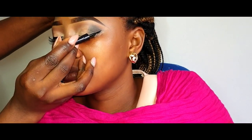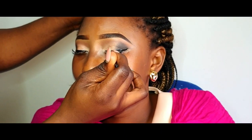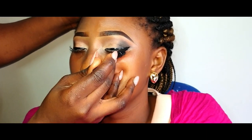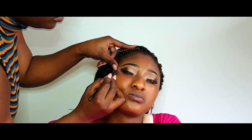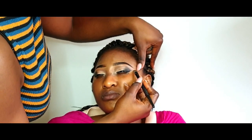I went ahead to use the liquid eyeliner. If you know me, I hardly use the liquid eyeliner, but it was necessary for this look because I'm working with matte eyeshadow and it needed the eyeliner to pop and give the eye look more definition. Plus, she was going to be out for the whole day, so she needed something that could last at least 24 hours. And I'm going ahead with the concealer to just further give the eyeliner some more definition and sharpen